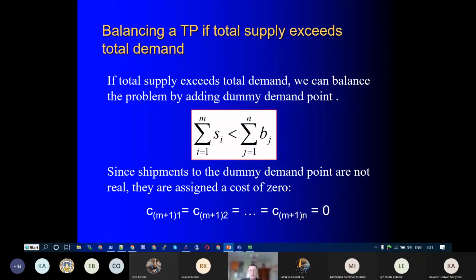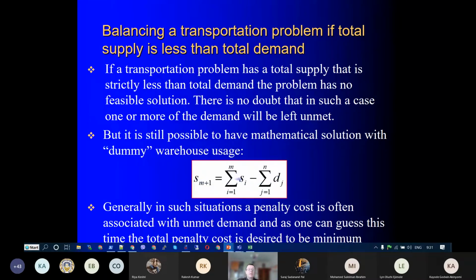In this particular case, we have resources greater than demand. So we add a dummy demand, which will utilize these resources with a transportation cost of 0, because the given goods will not be transported. In contrast,